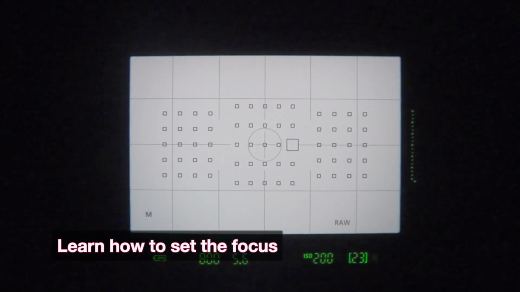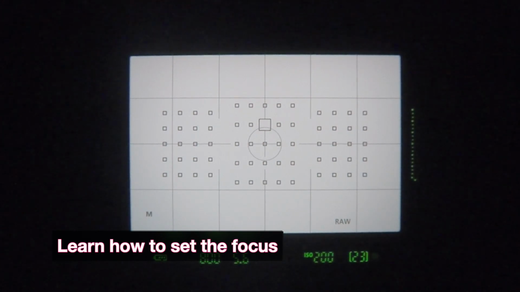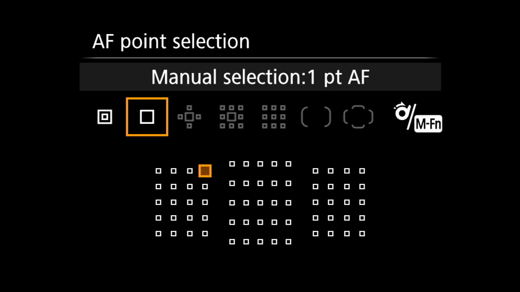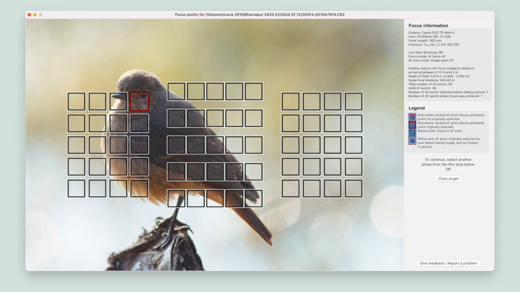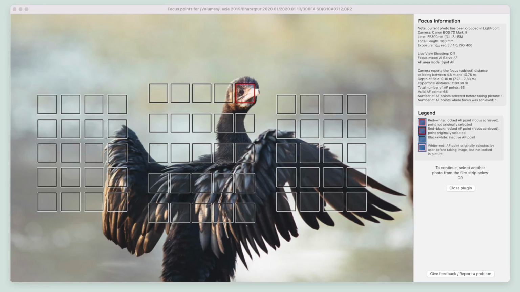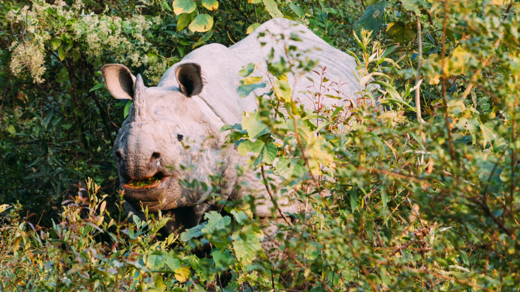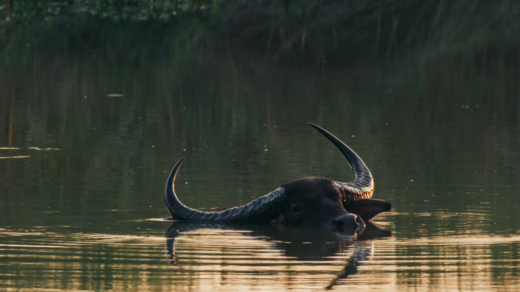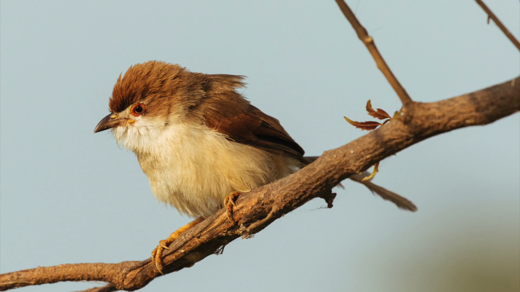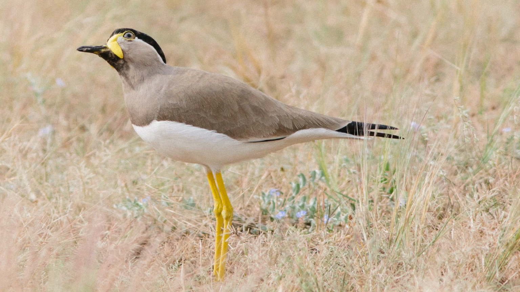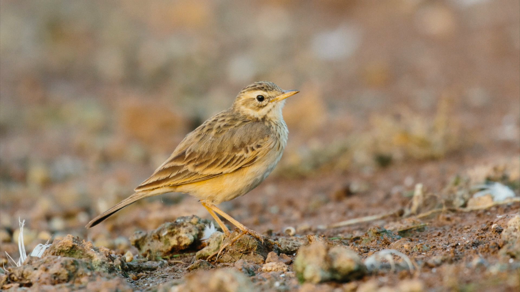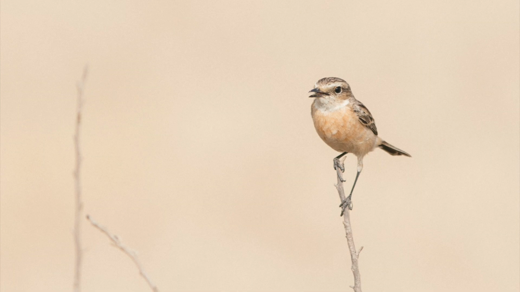To ensure that my focus is nailed exactly where I want it, I set my autofocus area to single point and move that point around in my viewfinder and align that with the eye of the bird. If we let the camera decide where the focus should be, very often the camera will set the focus on the body of the bird, or maybe on the beak, or maybe even on the background, and consequently the creature will be completely out of focus.